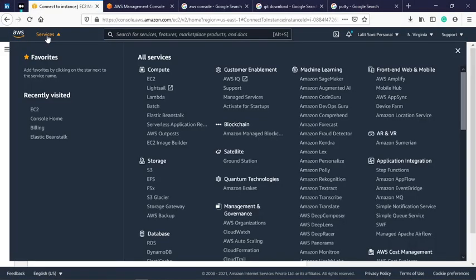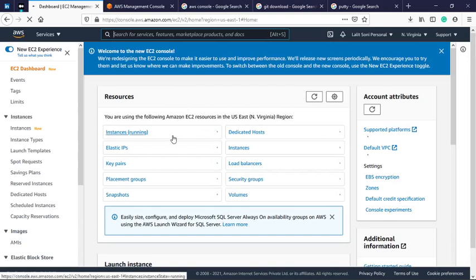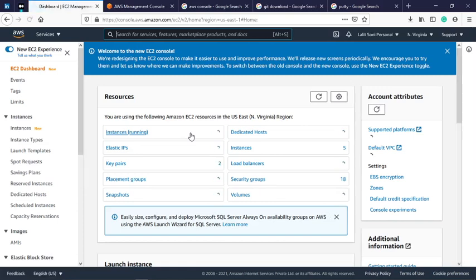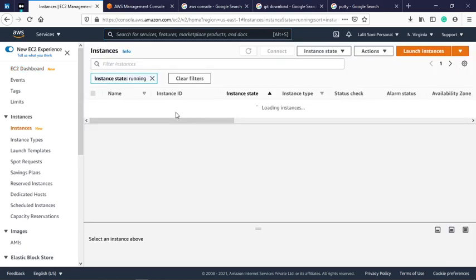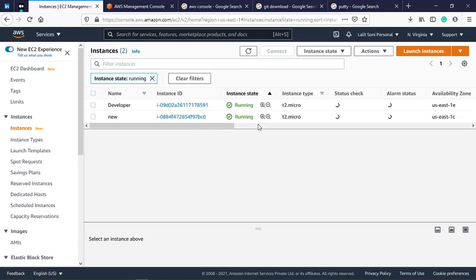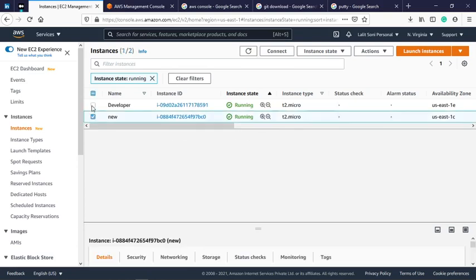And guys, don't forget to make sure all your instances are in stopped condition when you are logging out from your AWS account. Otherwise, 750 hours per month is allowed by AWS in free tier eligibility, but after that they can charge you. So please guys, be aware while using AWS.